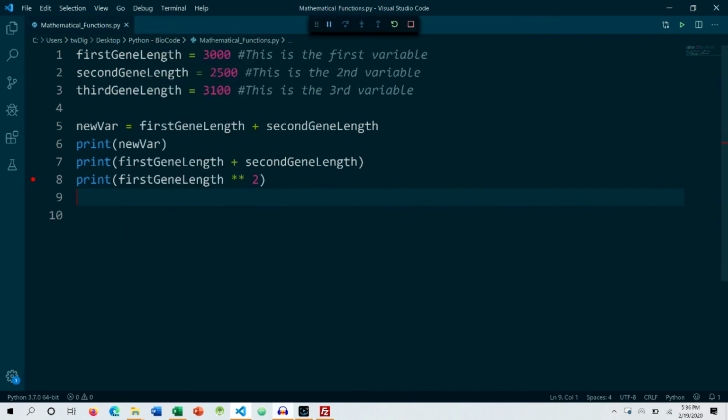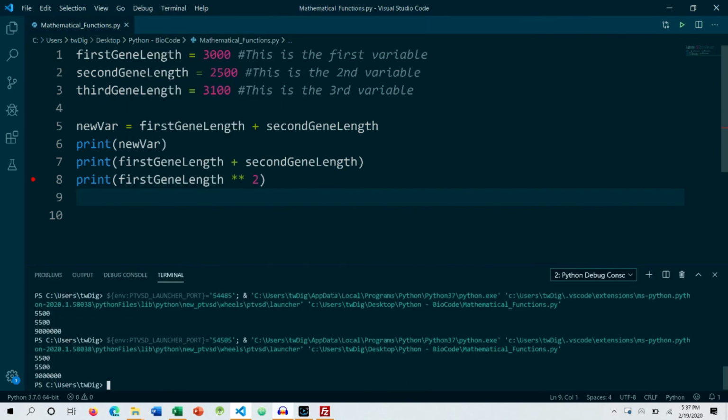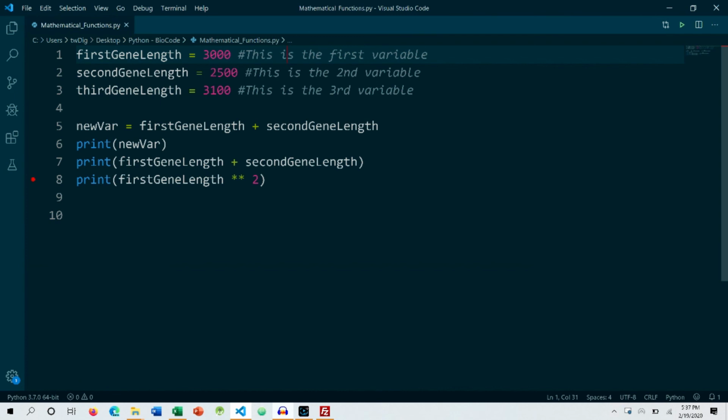If it causes any problem to our code, no, it does not, because when the Python interpreter understands that there is a number symbol, the pound symbol within this code, it will ignore whatever is written after this symbol. It will ignore everything, and this is just to present the representation of your code to the reader. Okay, we have done that too. Now we can write over here as well. Make sure